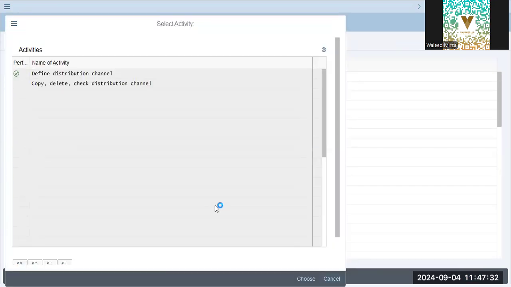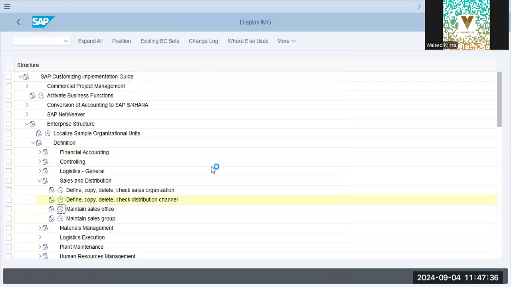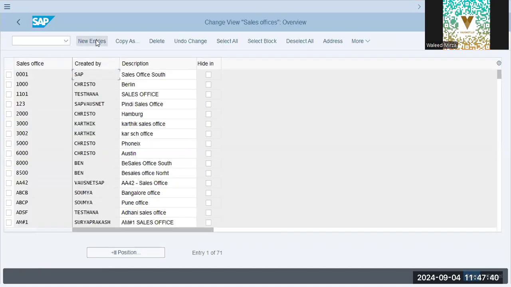These are some basic units that we didn't make earlier. Okay. So it's very important to maintain all this because when you create material master, these things actually get into